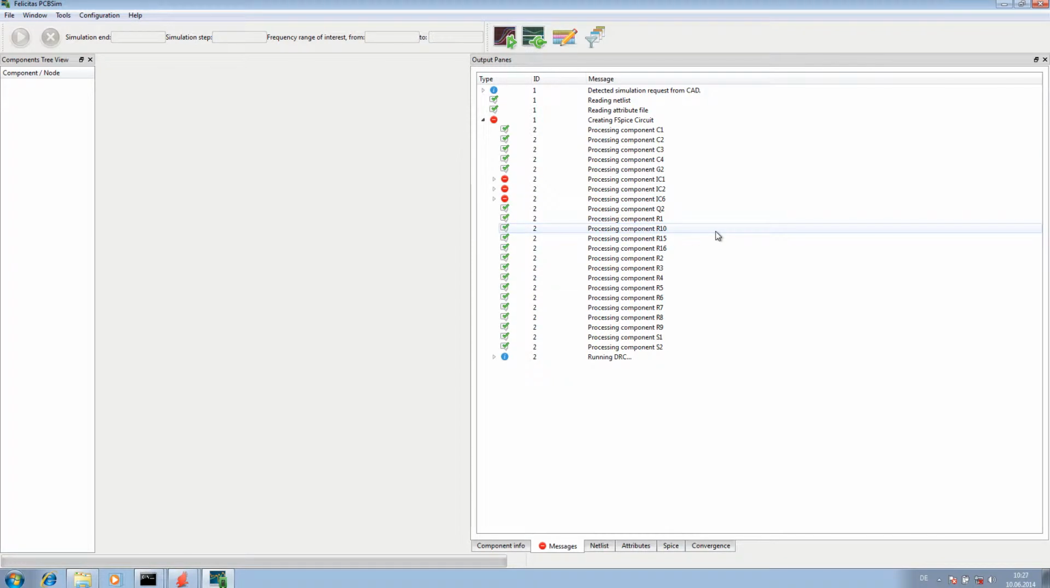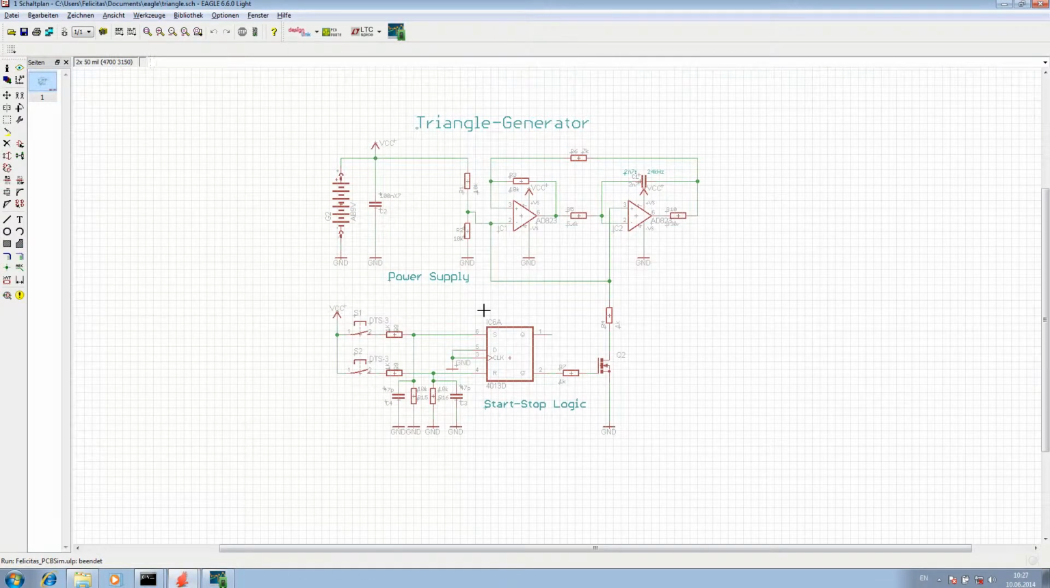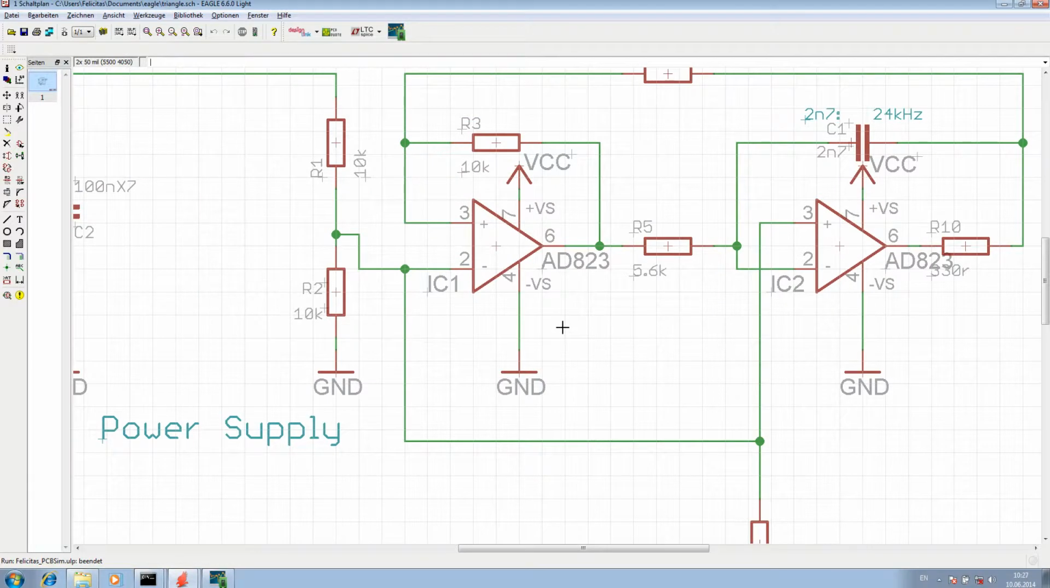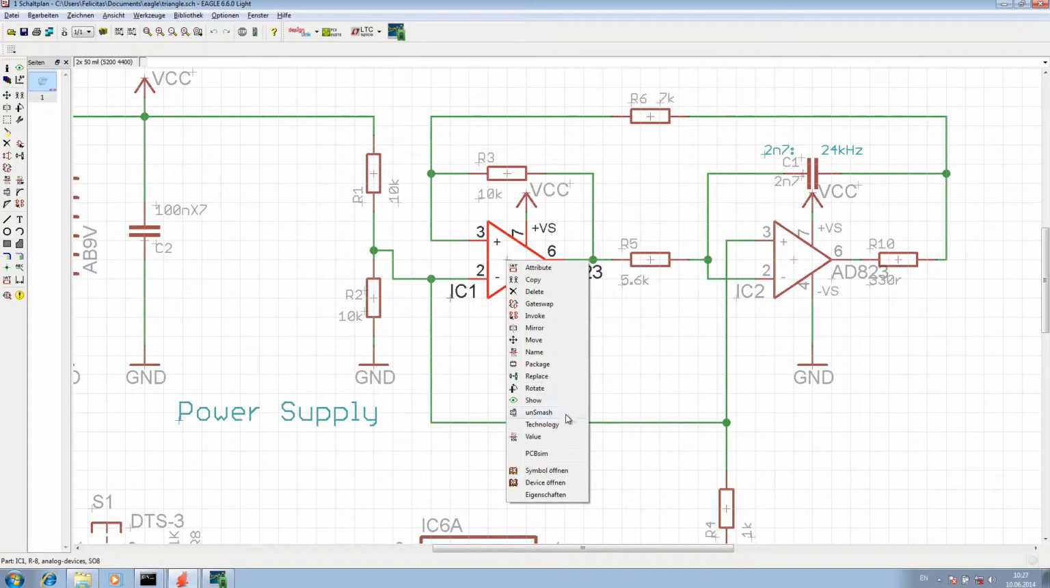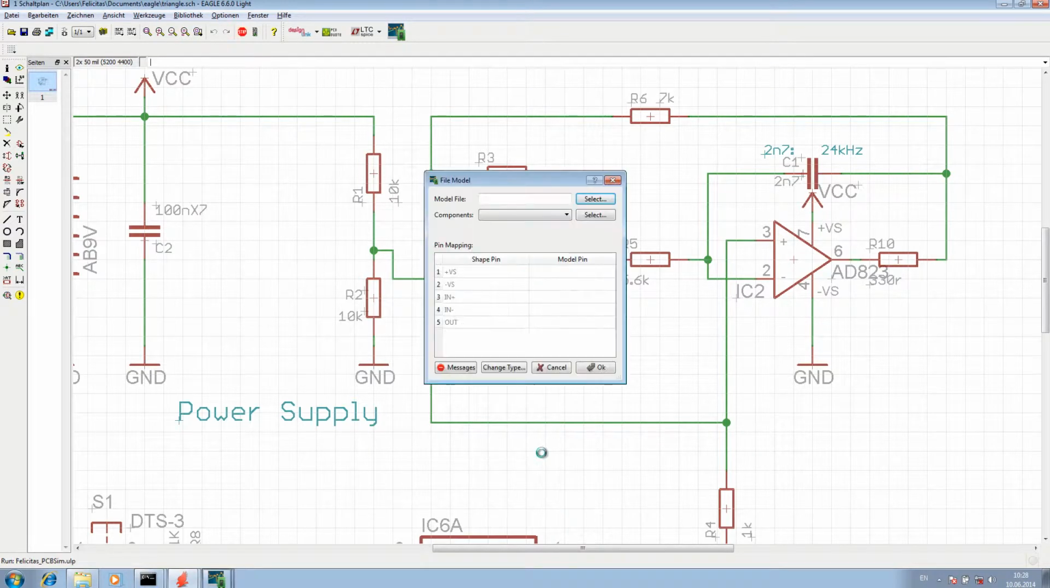And PCBSim is, of course, not immediately happy with that schematic because it is lacking quite some information for the integrated circuits. This is not surprising because we need to assign a simulation model for each integrated circuit. Now with PCBSim it is very easy. I will demonstrate that. We have here an Analog Devices operational amplifier as integrated circuit 1. So I right click on it and there is a context menu entry PCBSim, which I click on right now,